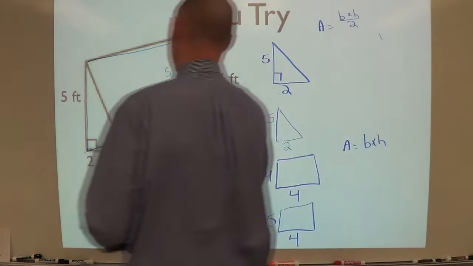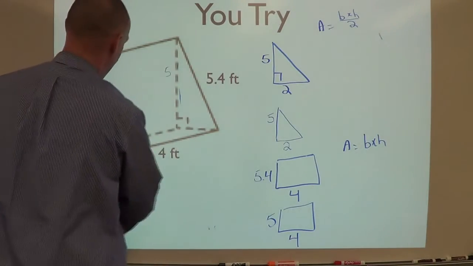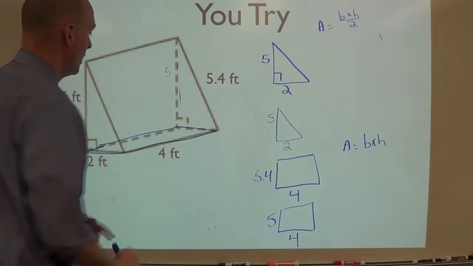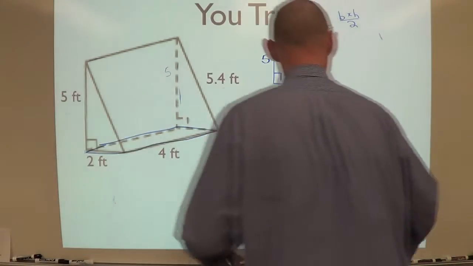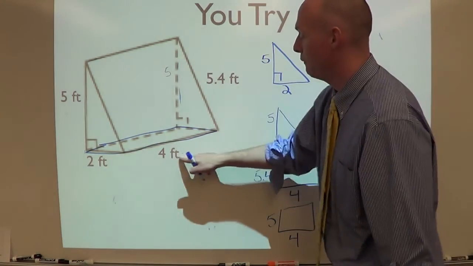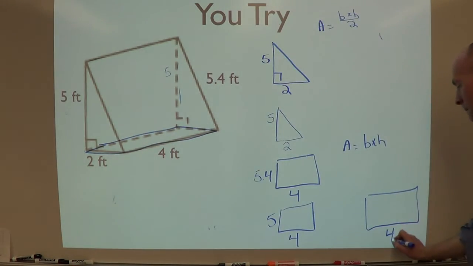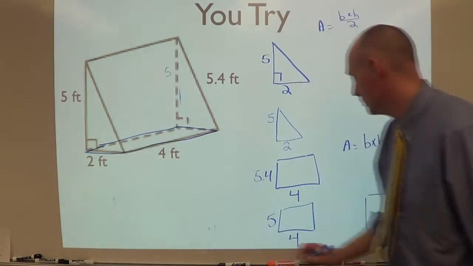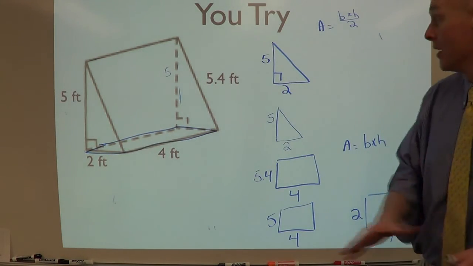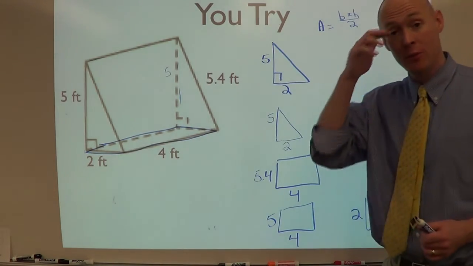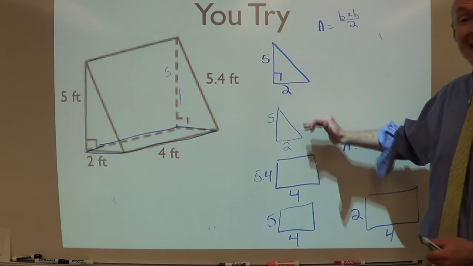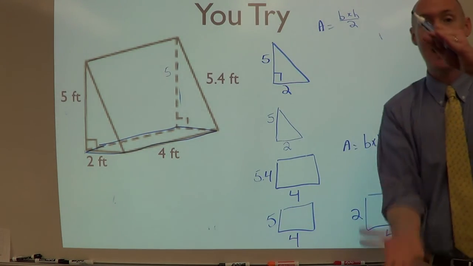And again, find the area of that. One more to find, and that is the area of the bottom rectangle. And let's look at our measurements. I see 4, and then I see 2. Okay, now what I've done is I've broken down all the different shapes for you. Your job, first find the area of each individual shape, add up the totals,